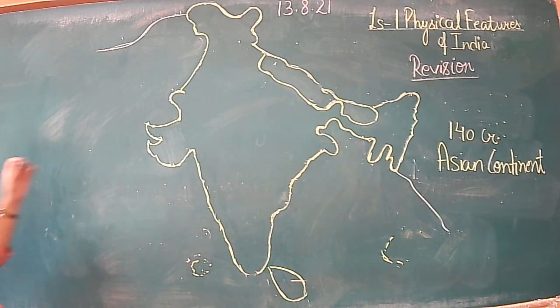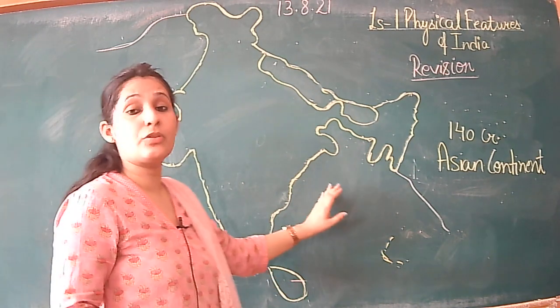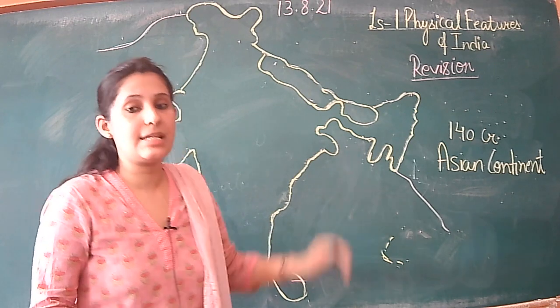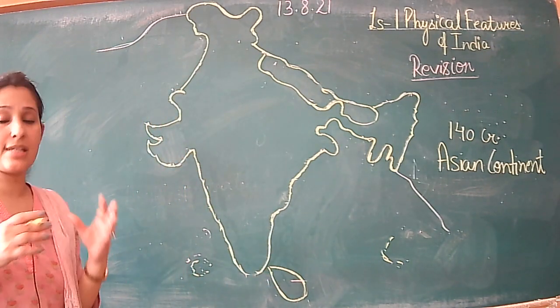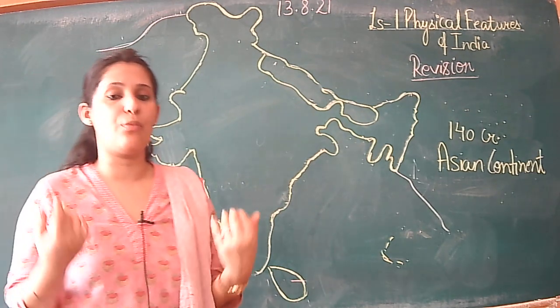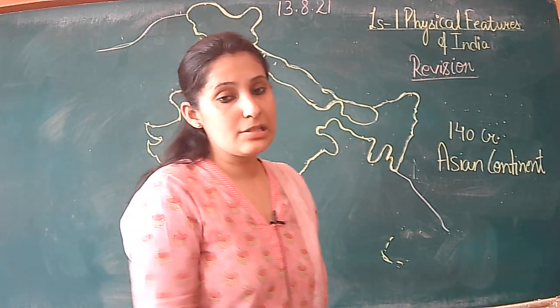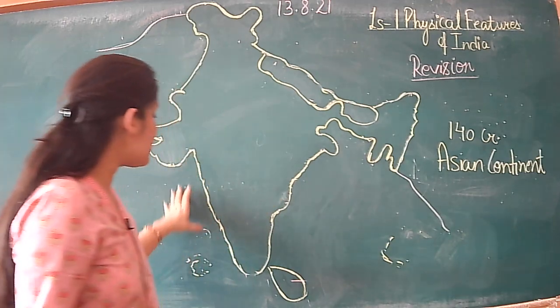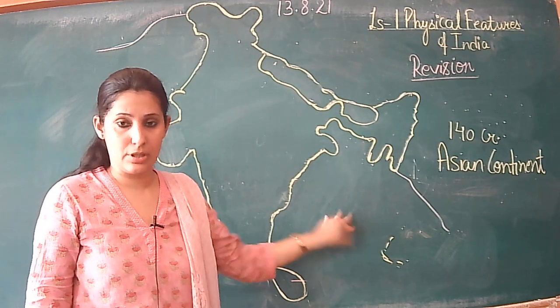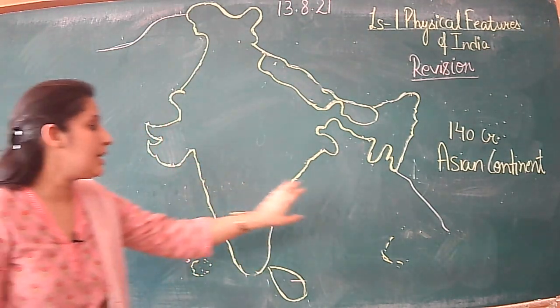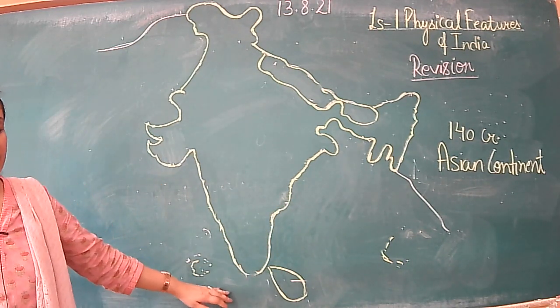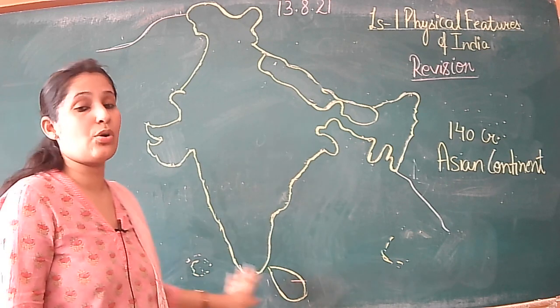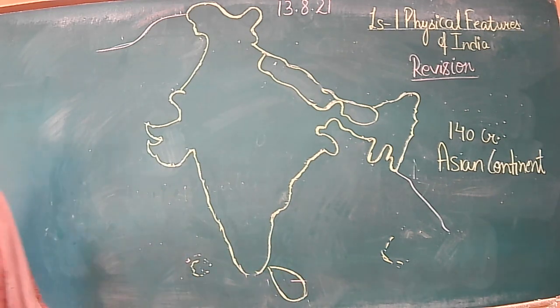Now the next thing. We are surrounded by water on 3 sides, and that's the reason we are also called a peninsula. A land which is surrounded on 3 sides by water is called a peninsula. India is surrounded by 3 water bodies: the Arabian Sea, the Bay of Bengal and the Indian Ocean. This is the reason we are called a land of peninsula. Is it clear, grade 4?